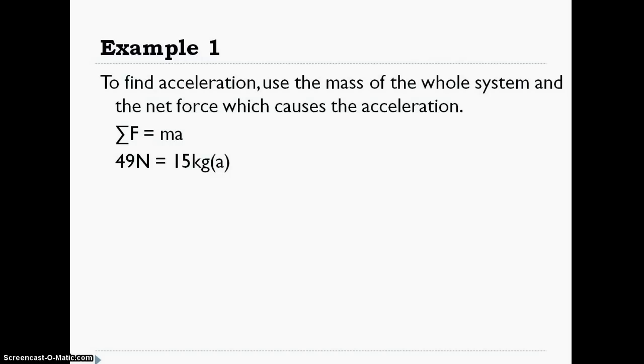So its mass was 5 kilograms, so we take that times 9.8 to find the weight of 49 newtons. So that's the net force. If there were friction, you would subtract it from the net force, but because there's no friction, the 49 newtons is the net force. And then for the mass, I have to add the two together, so instead of using 5, I have to use 15 kilograms, and then I find the acceleration. I kept a lot of digits on this particular number for a reason. I'll show you that here in a second, but that's the acceleration.